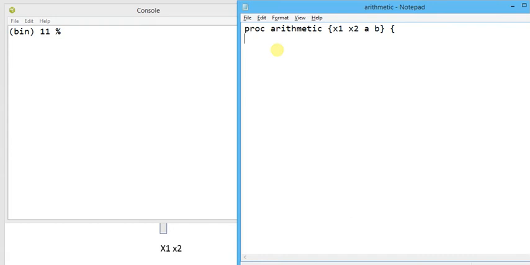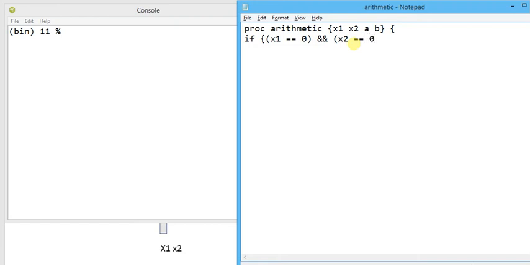Now we need to define if, open the curly braces, x1 equality operator 0. This is the complete form of one equality logical operator. I'm going to write double ampersand, x2 again equality 0.